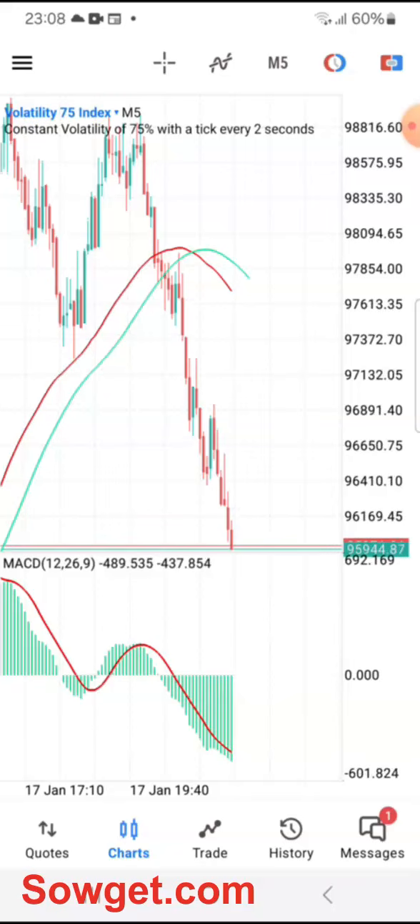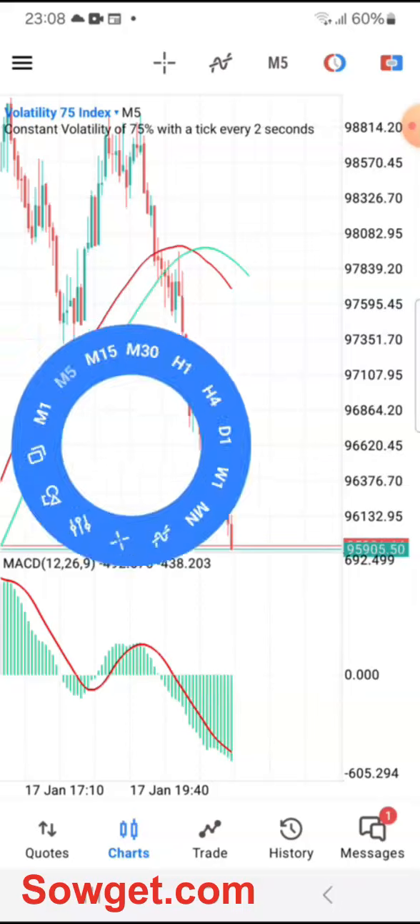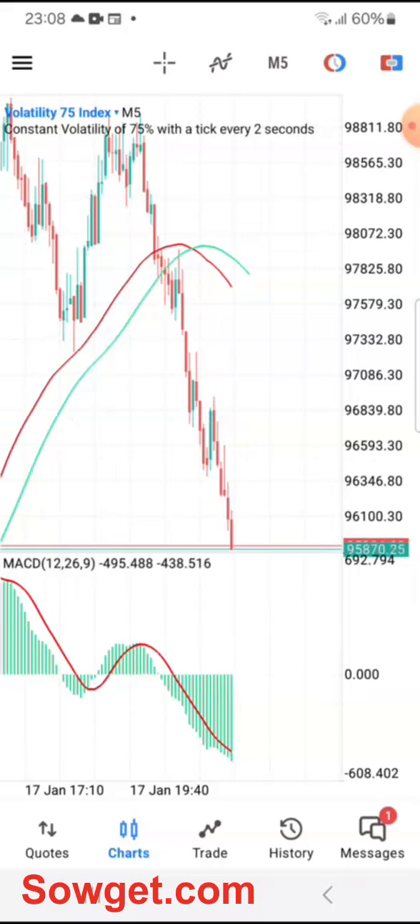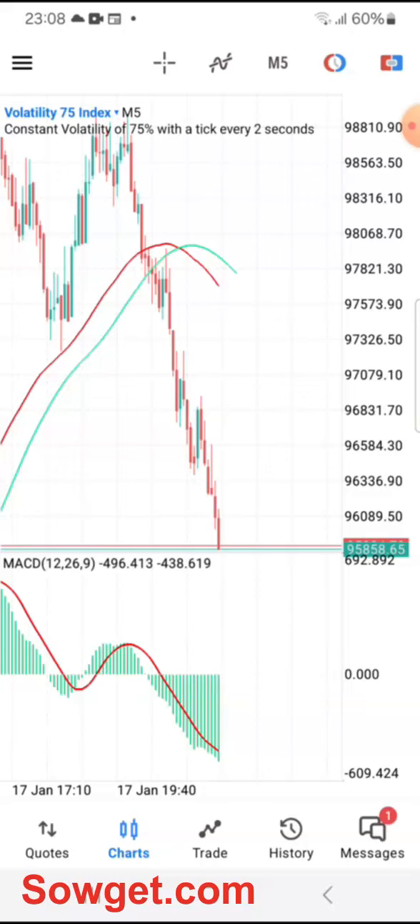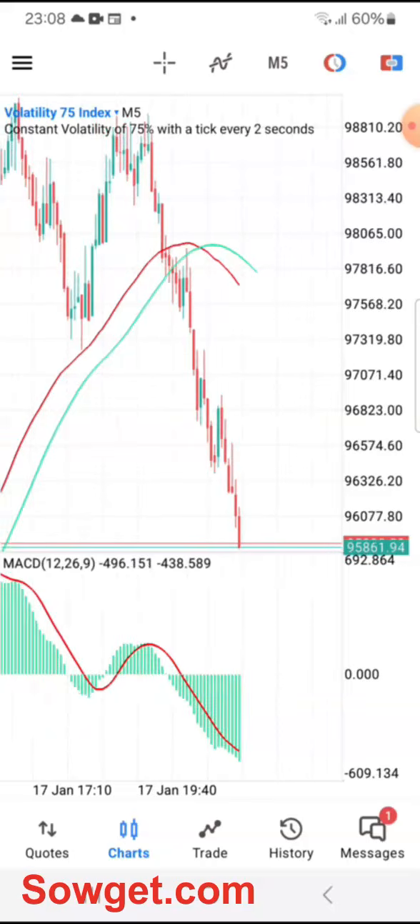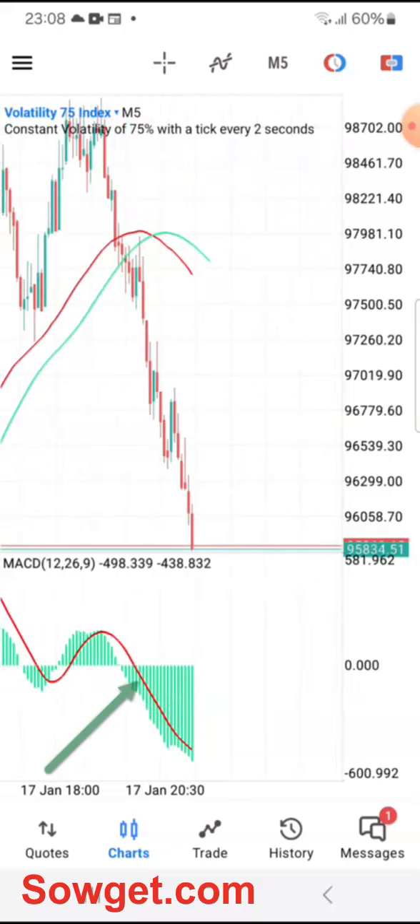As you can see in the chart already, the red moving average just crossed below the green moving average. That is one of the major conditions for us to enter a trade, but that's not the only condition. Whenever you notice that the red moving average crosses below the green moving average, then just look at the MACD. Once the MACD signal line, which is this red one you are seeing here, is below 0,